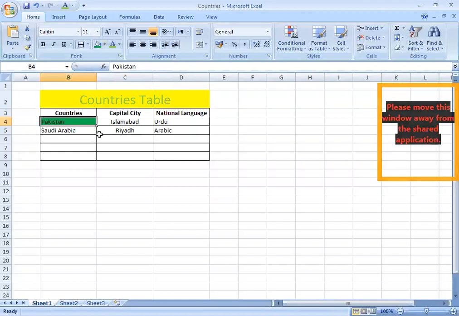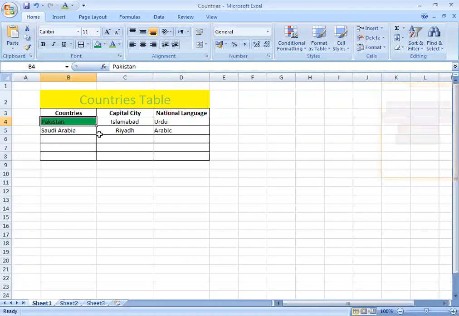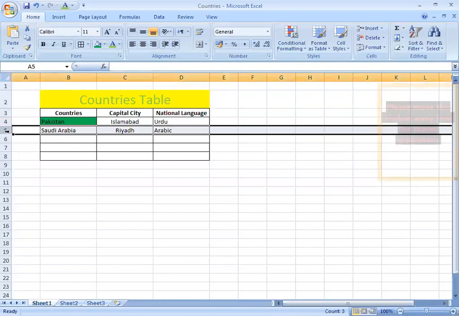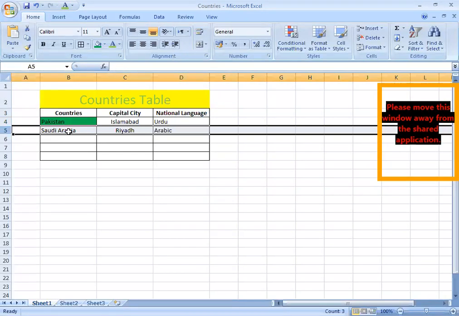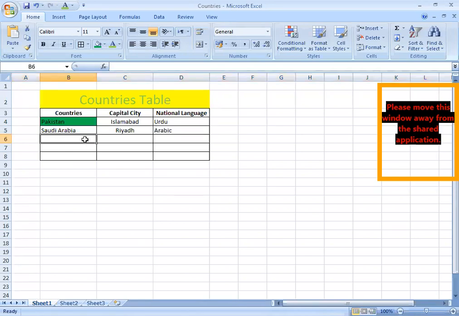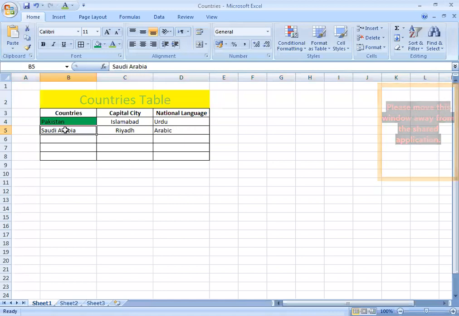So the summary is that whatever formatting you want to apply, you first select the cell, a single cell or a group of cells. Now, a few more things to learn: you can insert a row between two rows. For example, between Pakistan and Saudi Arabia, if you want to insert a new row for, take for example, Afghanistan, how can you do it? One way is to write the data for Afghanistan here, but the other way, you want Afghanistan to be the second one after Pakistan. How will you do it?